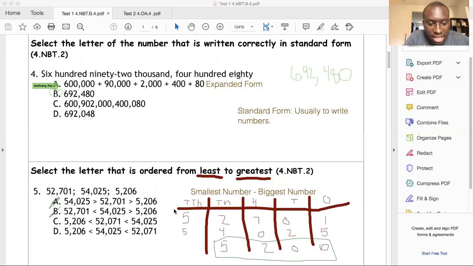The next thing that I'm going to look at is my biggest place value. When I'm doing place value, I'm always going to start with my biggest place value. So I know the other two numbers have a 10,000 digit, which is 5, right? So I know they're the same. So I'm going to go to the next column, which is the next place value, my thousands. I know that 2 is less than 4. So I know that if I put these in order, so far, I got